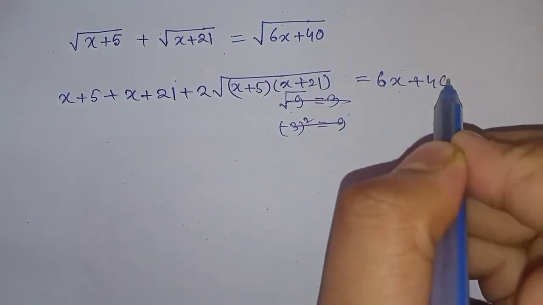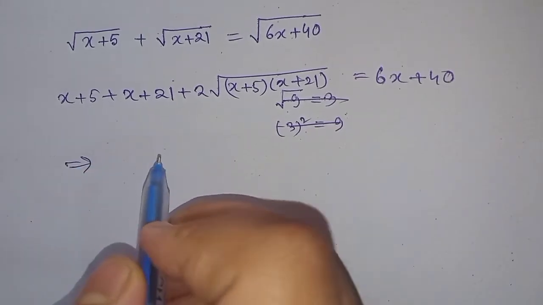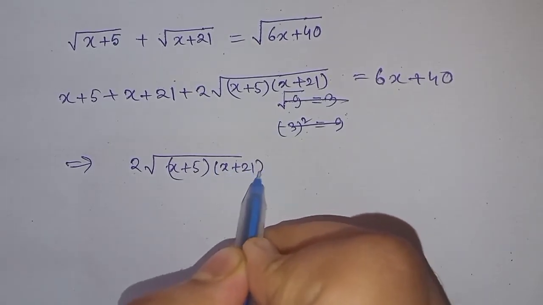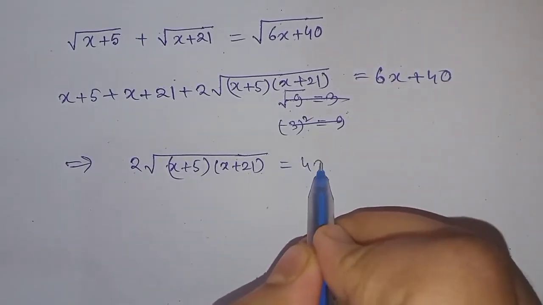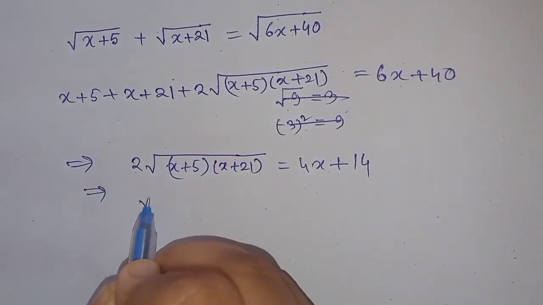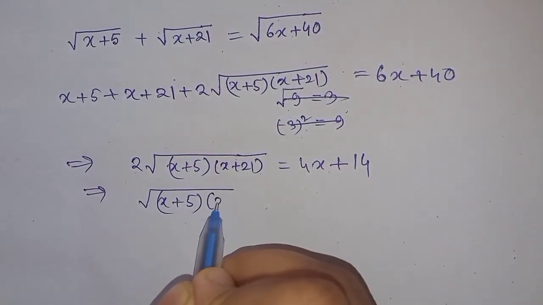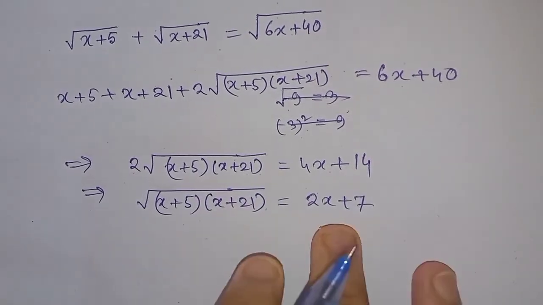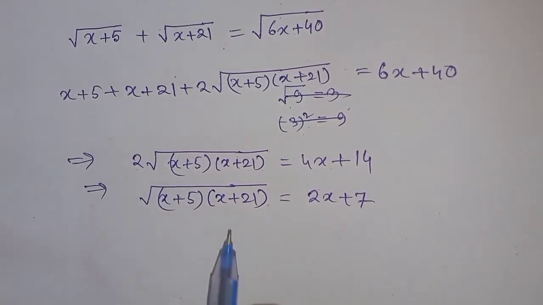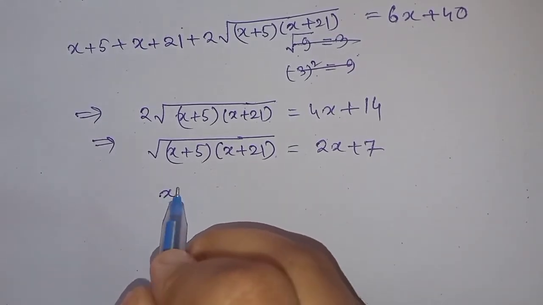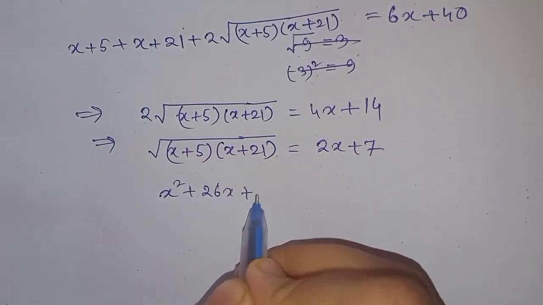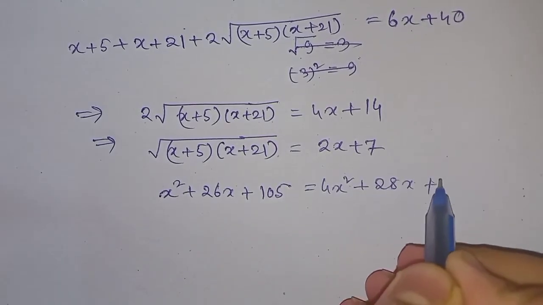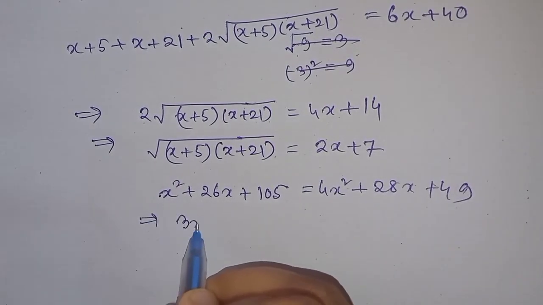to 6x plus 40. Now when I simplify this, I will get, bringing that to that side, 4x plus 14, or 2x plus 5 into plus 21 equal to 2x plus 7. Now I get another equation, so I will again square it. So after squaring, I will get, finally, a quadratic equation,